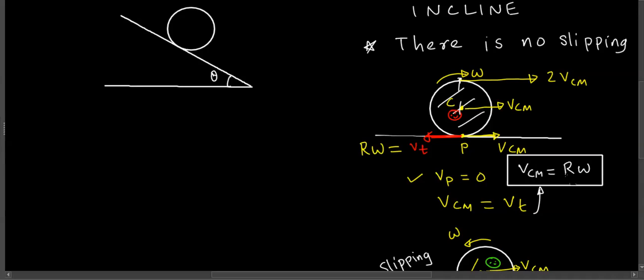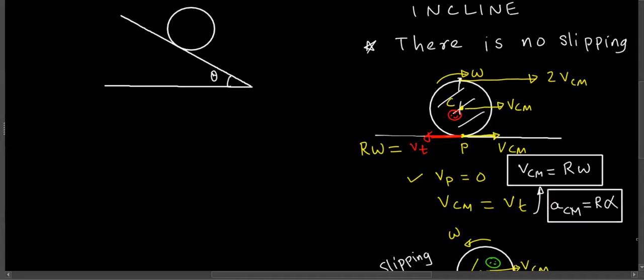Then in that change, that means there is acceleration. So if this is true for a uniformly pure rolling object, then for an accelerated object, every time the acceleration of center of mass must be equal to r, which is anyway fixed, times the rate of change of angular velocity, which is alpha. You get this? So this is the thing that we need to maintain.